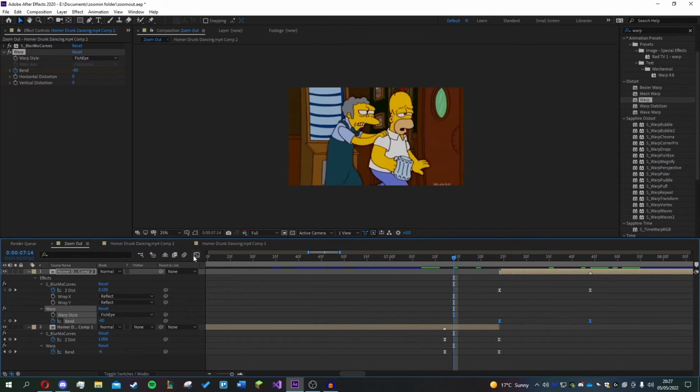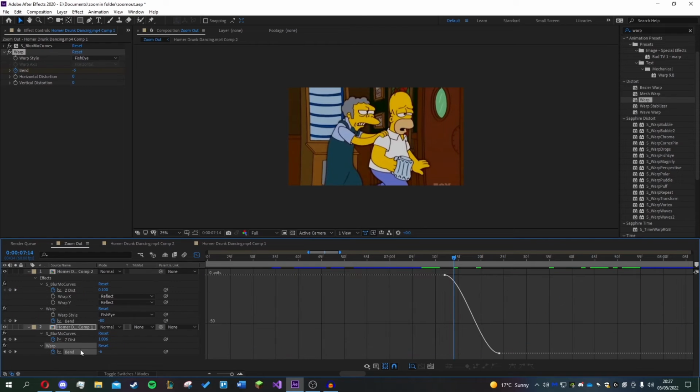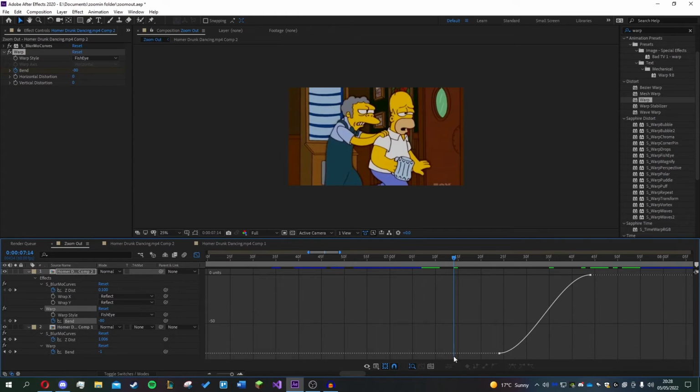Then what we're going to do is we're going to play around with the graphs here. So for the bend on the first clip, we're going to drag the two lines to the top right. These are just what I found best. You can always change it if you like, but this is what I tend to go with. And the bend for the second clip, you're going to drag to the top left,